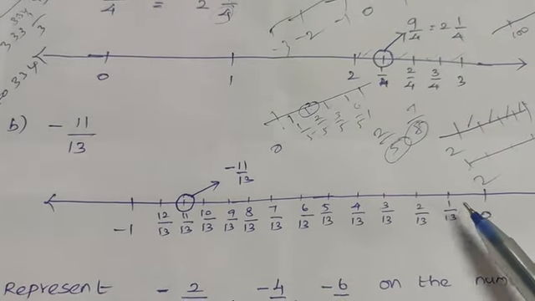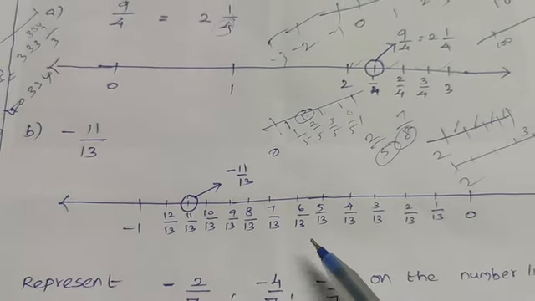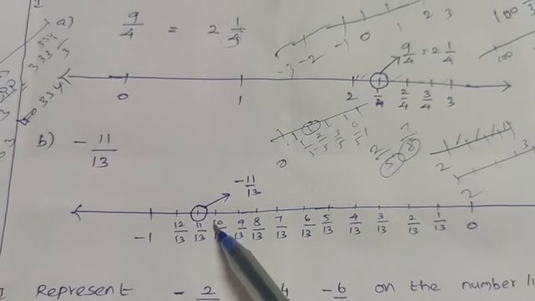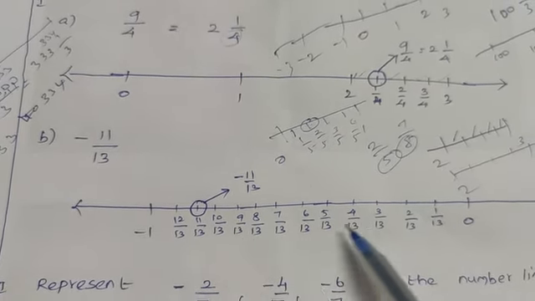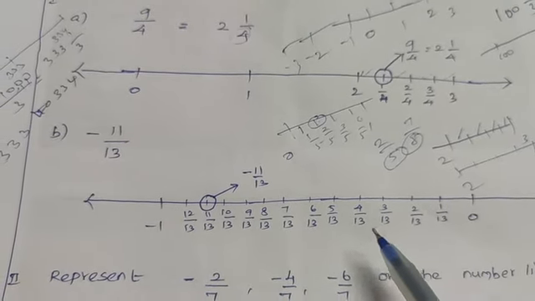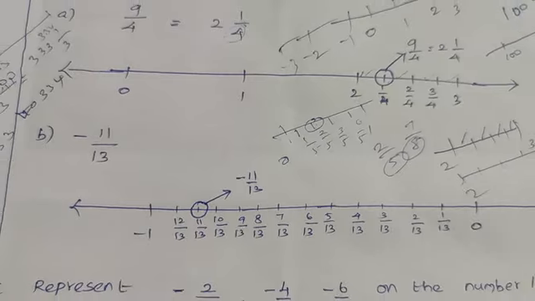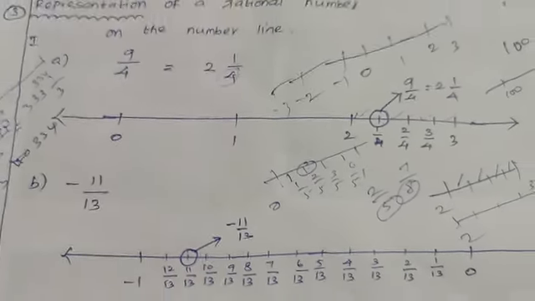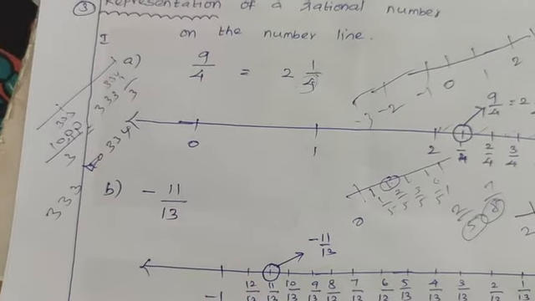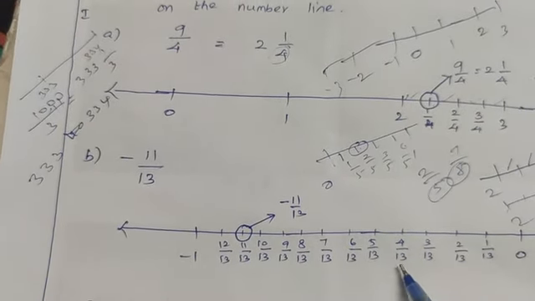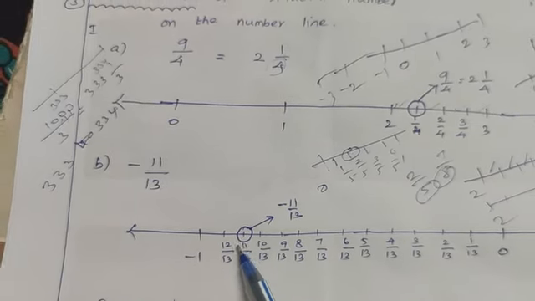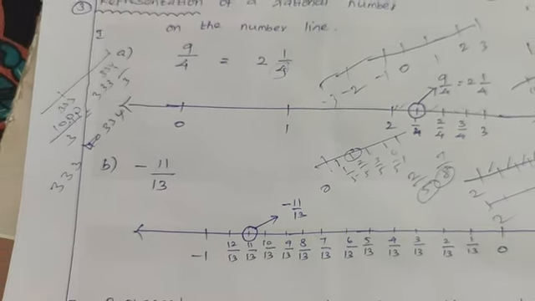From this I need to introduce 1 by 13, 2 by 13, 3, 4, 5, 6 up to 11 by 13. So mark this number. Don't think that it's not a negative number, because you write this 0 to minus 1. No need to write the minuses also. You can think that this one is minus 1 by 13, minus 2 by 13, minus 3 by 13, like that. So our aim is to mark this number. So this number is 11 by 13.